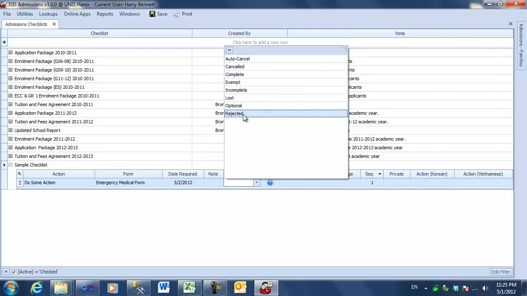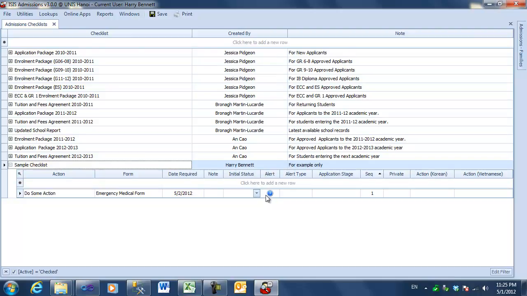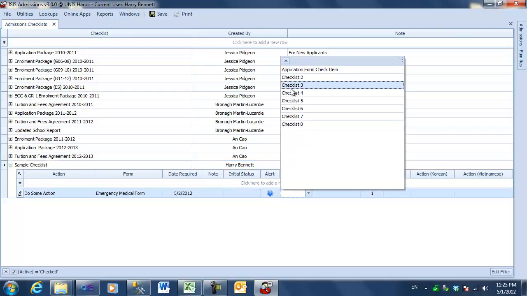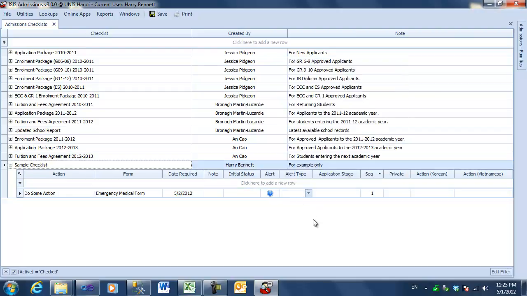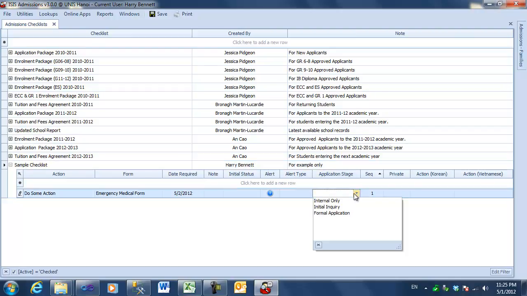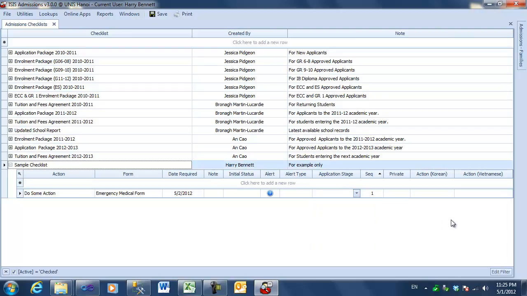In some cases, for instance, in a checklist, you might want to have some things be optional, while other things are going to be required. You can indicate whether or not this particular action should generate an alert, and if so, what type of alert should be generated. You can also associate this with a particular stage in the online application process. You can indicate whether or not this is a private item or public,